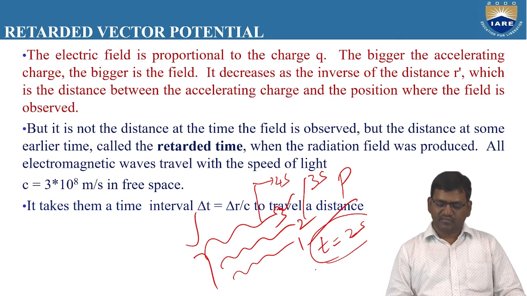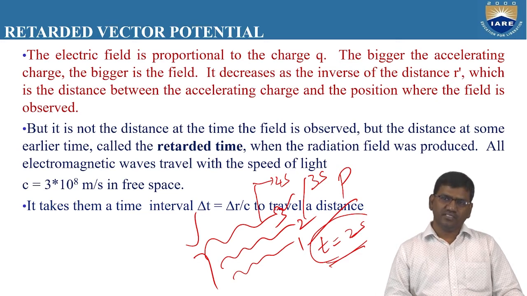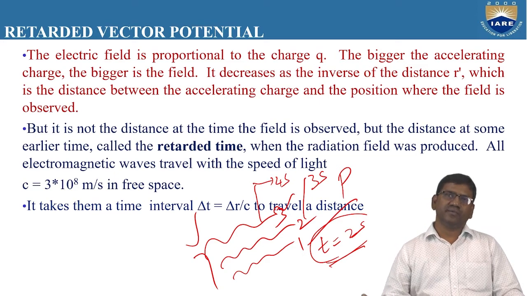That means path 1 is reaching the point at t equal to 2 seconds. Electromagnetic wave 2 is reaching the point p at 3 seconds. And the third one is going to reach the point p at 4 seconds. That means the total potential is nothing but the integration. The total potential at point p, either electric potential or magnetic potential, any type of potential, if you want to calculate at point p, you need to consider all the radiations reaching point p, either instantaneously or through some delay.